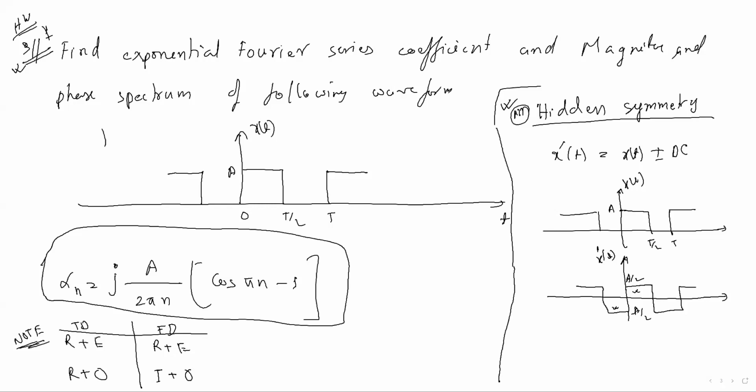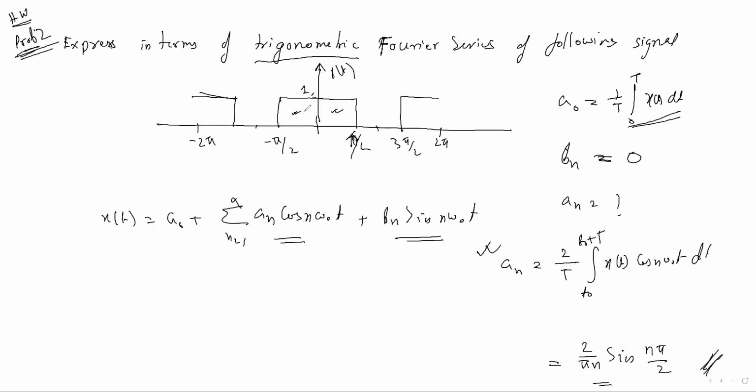Yes, sir. But you said hidden symmetry signals are odd signals. Obviously, this is hidden, that's why it is odd. But this is not, no. This is not a hidden signal. We directly say it is an even signal. Where is the problem? I am not getting you. Where do you have a doubt? You are confused, I think.